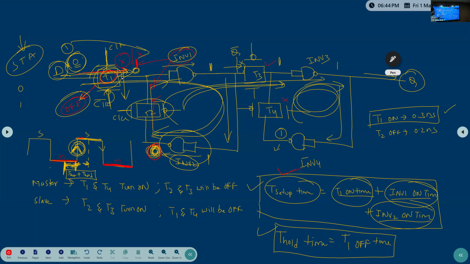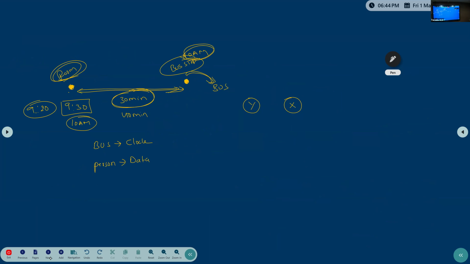So those are the things we'll discuss in the next class very clearly. Upcoming STA related classes, we'll discuss. This is the setup and hold time related to flip-flop. So now, if I want to clearly explain the timing arcs of the flip-flop,